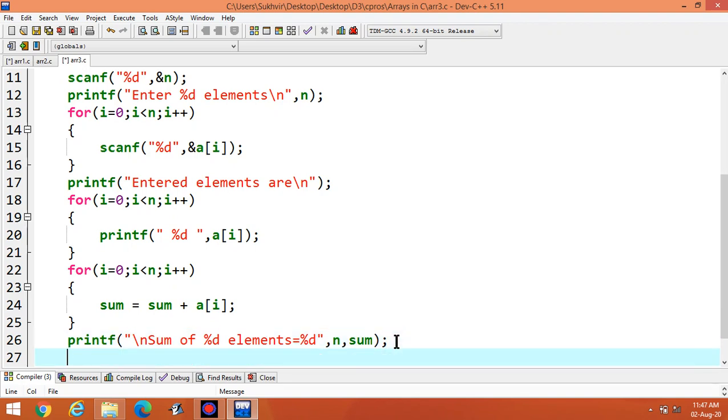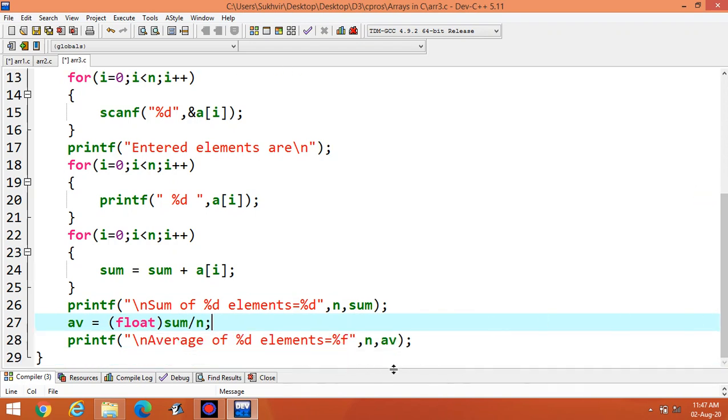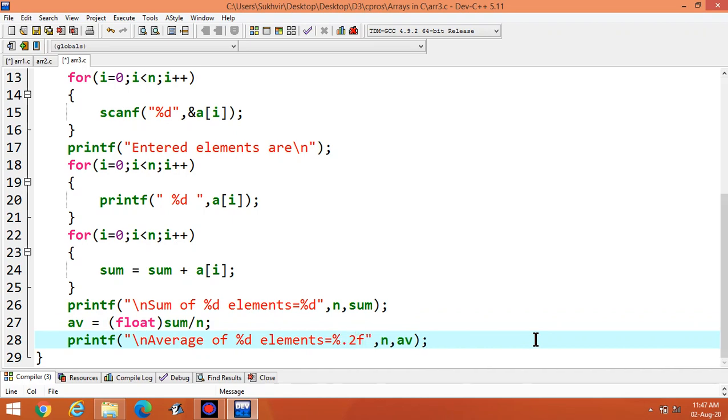And calculate here av is equal to, you have to convert this into float, then sum divided by n. Percentage you can write here 0.2, means up to 2 points of decimal.